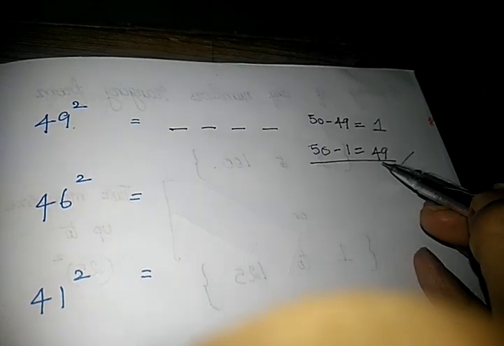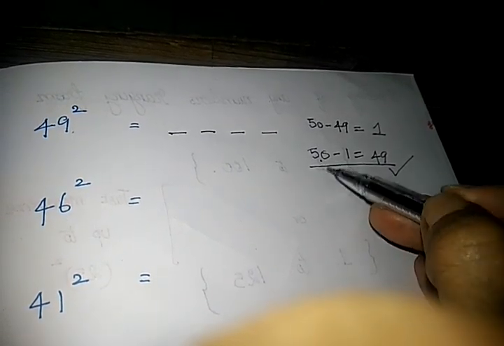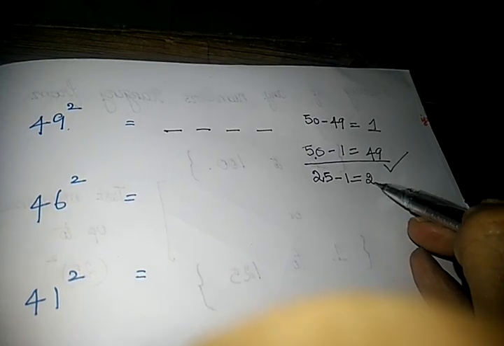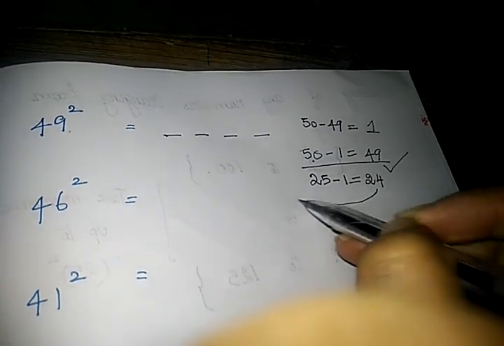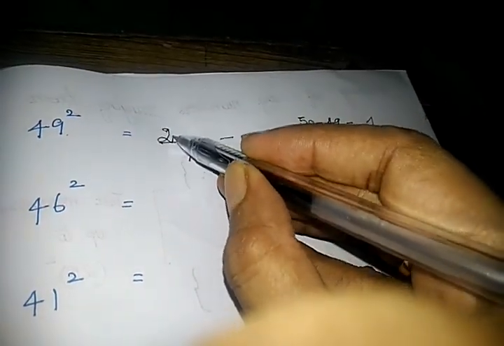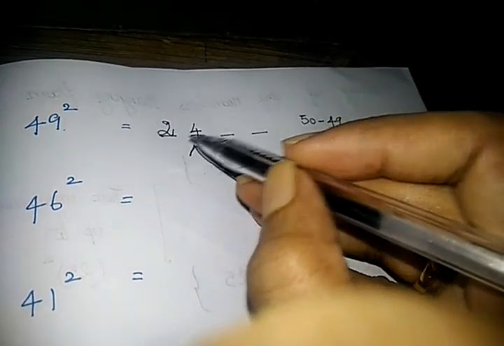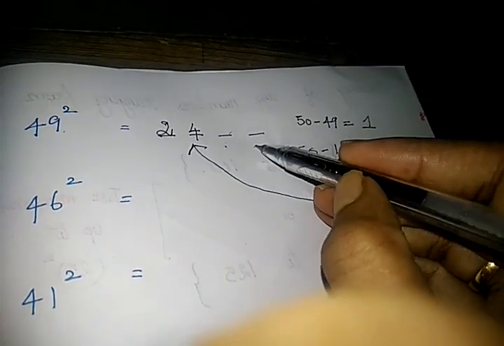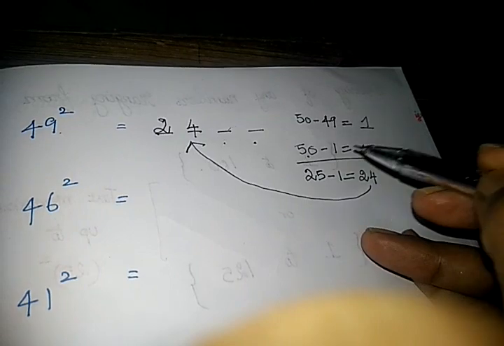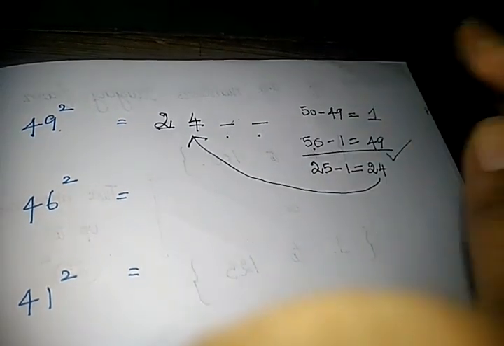So 50 minus 1 is 49. Whenever you are taking 50, what is the rule, guys? You want to consider 25, right? So you have taken 50 minus 1. Instead, you take 25 minus 1 and simply write this result in the first 2 places. That is, 24 is the answer for the first 2 places. That's all. Then what does the digit want to be written over here? It is nothing but the dummy number. Square the dummy number and write down the value over here.